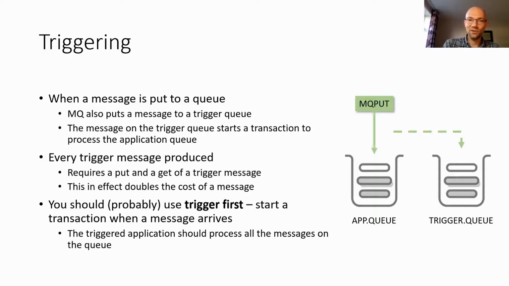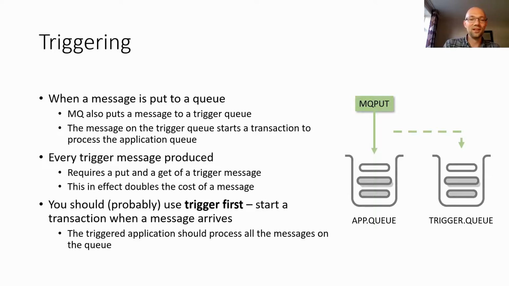You can choose to have a trigger message generated for every message that gets put in the queue, or you can choose to have one generated when the queue gets to a certain depth. You do need to take a few things into consideration when choosing which option is best for you. We do have some guidance in the Knowledge Center for that, but in general, taking into account that it is a cost to produce an extra trigger message,